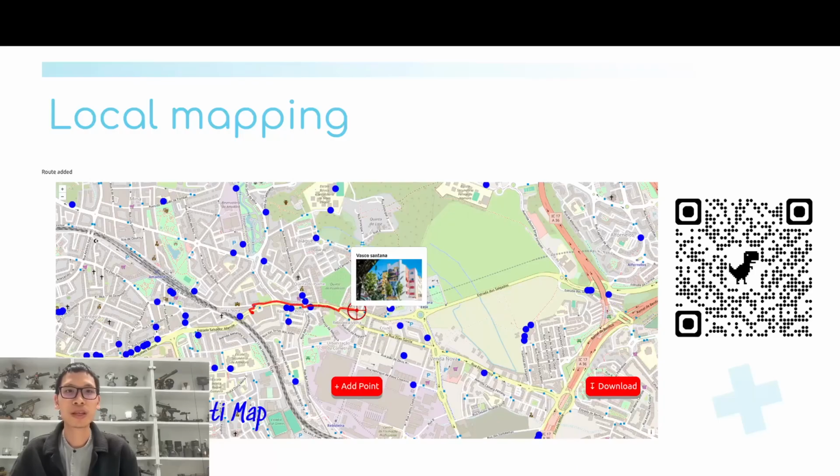For example, in this result, we can see the graffiti mapping project by Portuguese students in Amadora.